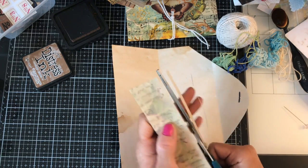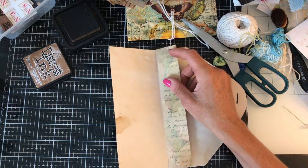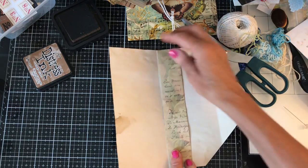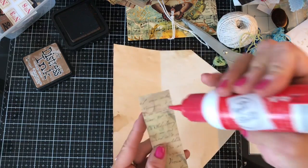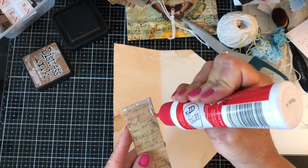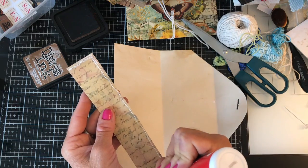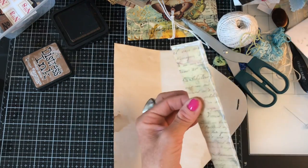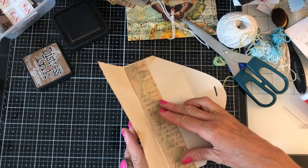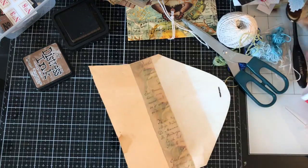Like that. Oops, I don't think I made a very good job of cutting that, but never mind. So then you would be able to glue that down. Like that. Okay, and then pop that in there like that, and then